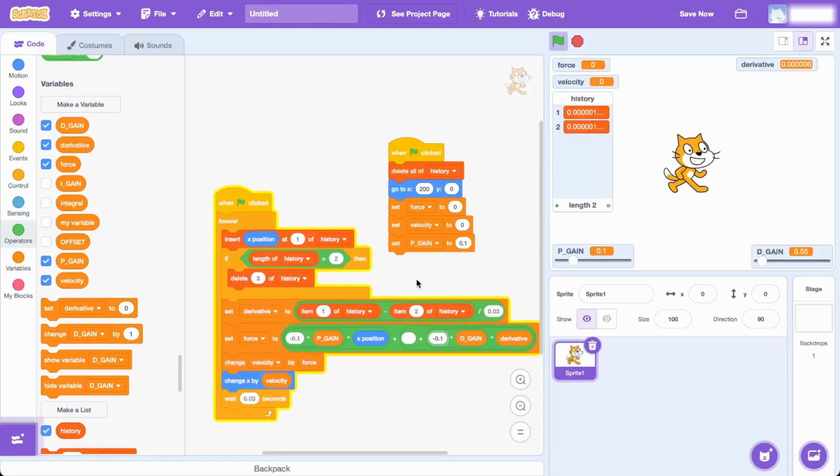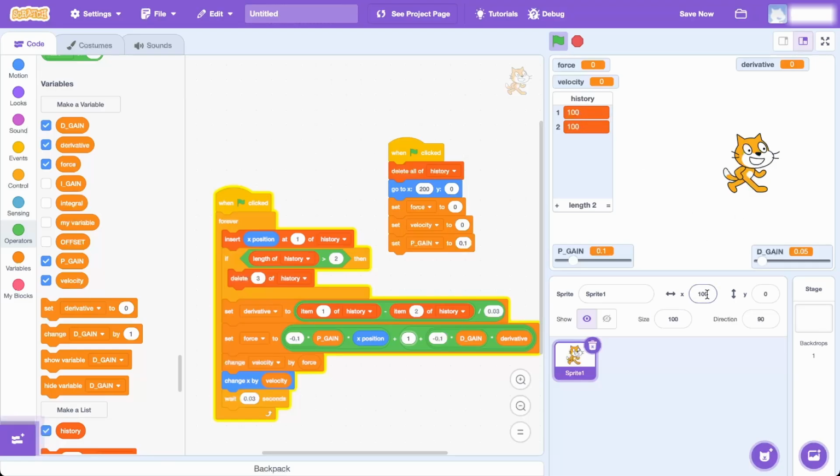And so you would think everything is good now, but what happens if there's an external force? So let's say there's an external force of just 10. It's too extreme. Let's say 5, 3, 2, 1. Let's say there's an external force of 1. You can see that the desired position should be in the center here, but the actual position of the cat